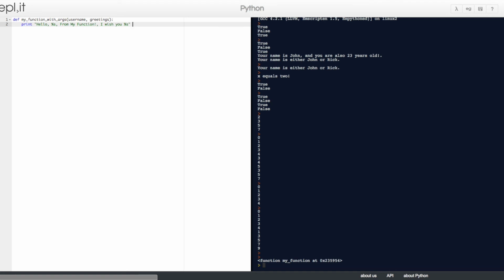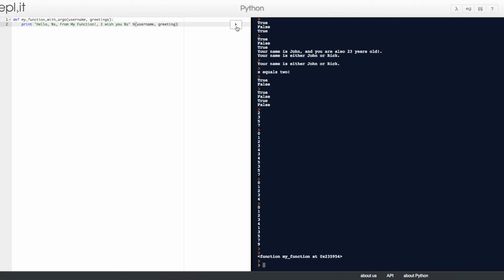Then after that we'll put the percentage, and we want to use username and greeting. Okay, so if we run this, it doesn't run anything, but that's an example of it basically memorizing that function, and then we can use it to do other things.